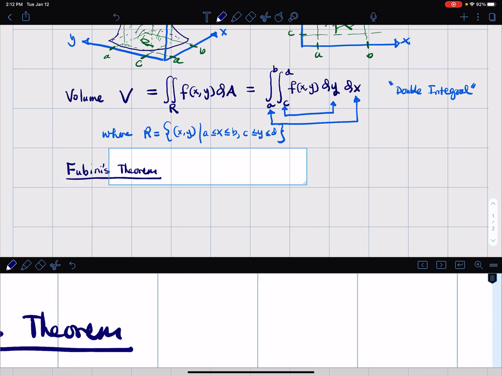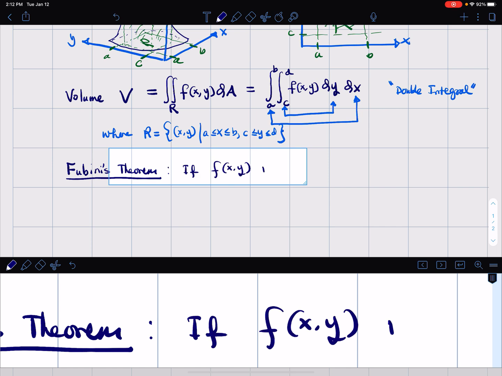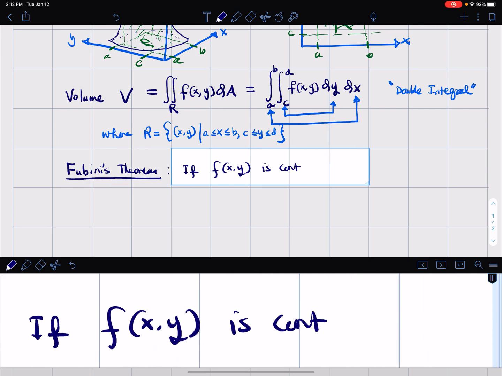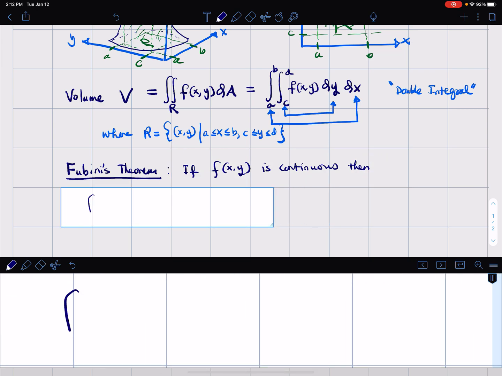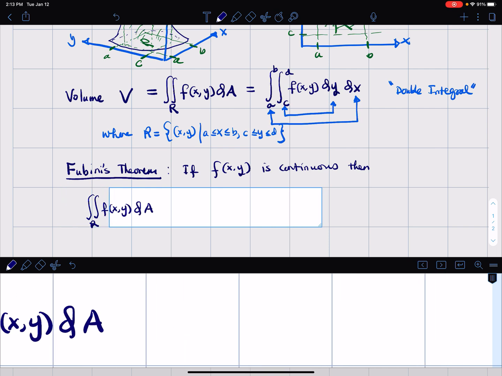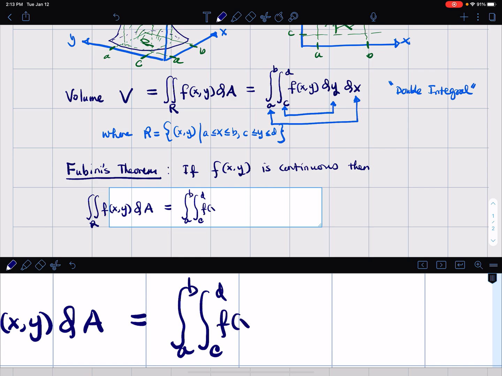Fubini's Theorem says that if f of x, y is continuous, then it doesn't matter the order we take for the integral. What do I mean? It means that the integral of f of x, y dA is just going to be the integral from C to D and then A to B